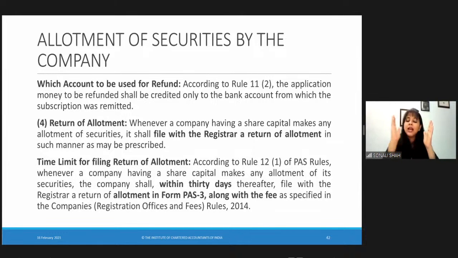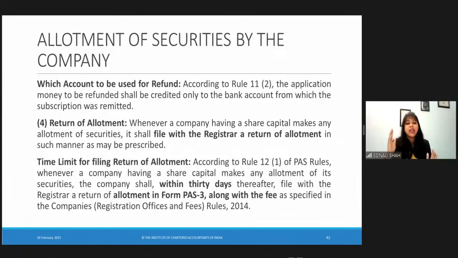If the company allots the security, it will have to file a return of allotment with the registrar. This return of allotment is filed in form number PAS3 along with the fees within 30 days of allotment, right? So two situations. Prospectus has been issued. Prospectus prescribes a minimum subscription value and minimum application value that is to be received. Either the company will fulfill the norms, that is, it will receive the minimum subscription and minimum application amount, or